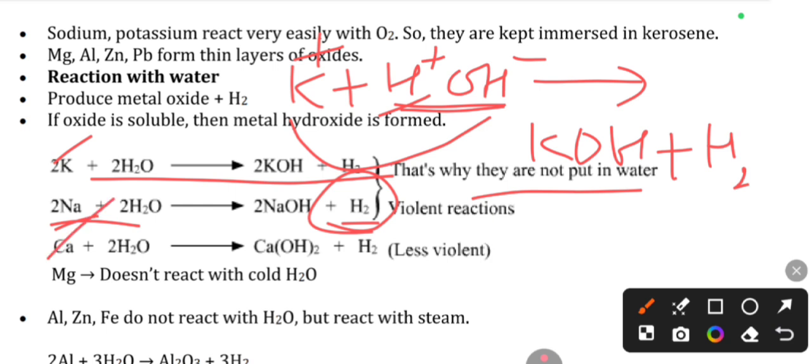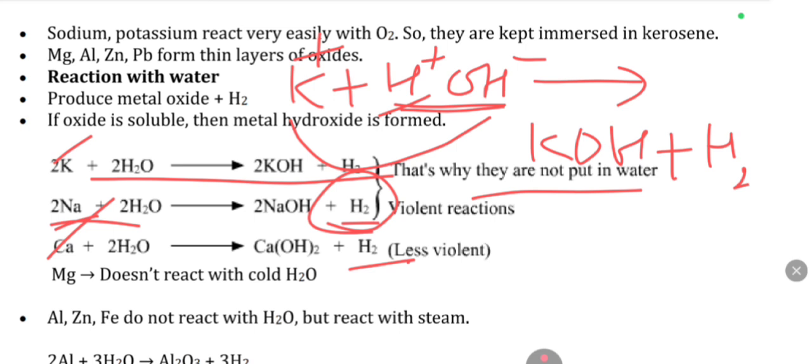Calcium when reacting with water will also release hydrogen gas, but this hydrogen gas is in limited, less quantity, so it is not as explosive as in the case of sodium and potassium. So the important point you can see here now,